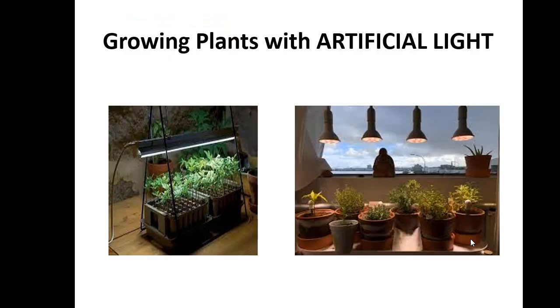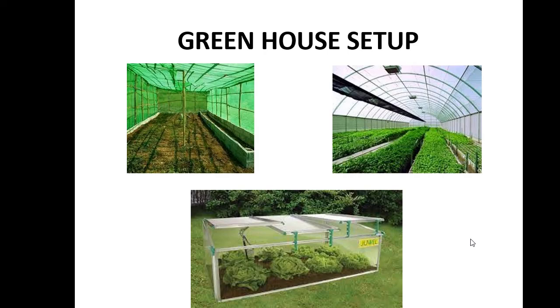In this slide, we can see how artificially we can produce light of required wavelength and the greenhouse setup. We are doing this to maintain optimum temperature range, and another reason for this is that it acts like a chamber where oxygen is concentrated. Normally, maintaining temperature range involves refrigeration, which is of high cost, but this idea is cost effective.